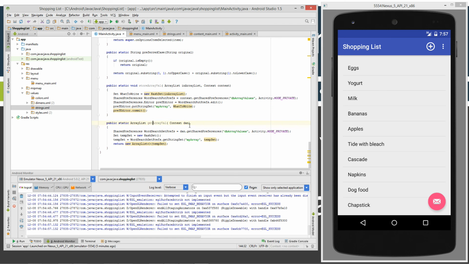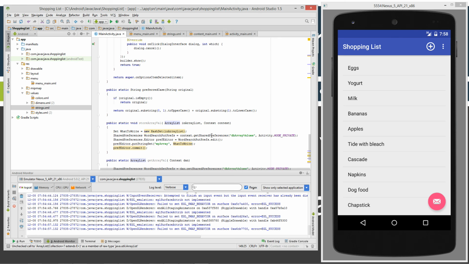Now when we want to get that, we can call the get array value, and that returns an array list. We pass in the same context here, and don't worry about that. Basically we're going to use shared preferences, get our set back out of that same solid state memory, and return an array list. Okay, so